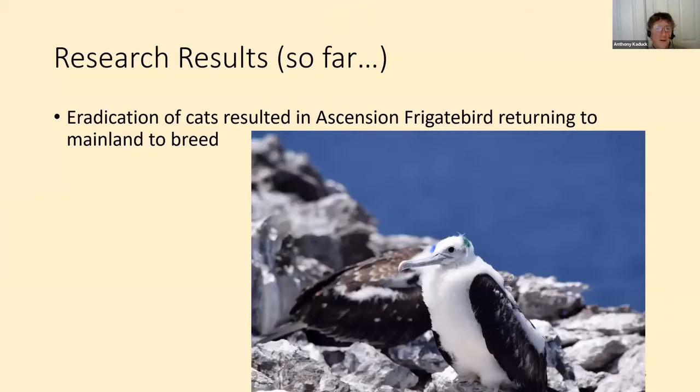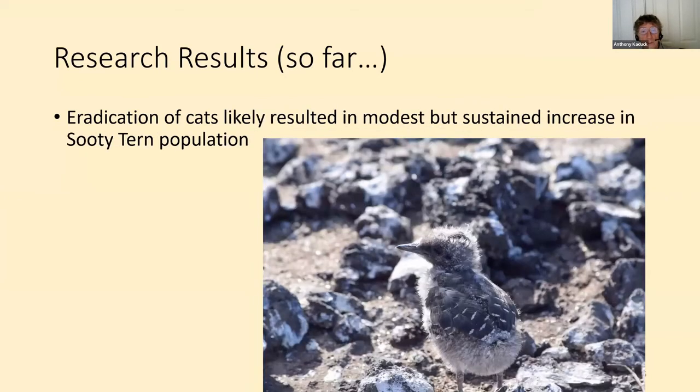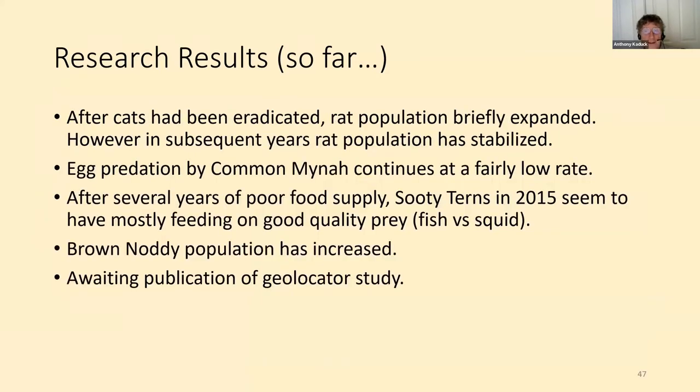So what is the result of all of this research? Well, so far, we've established that clearly the eradication of cats was the thing that allowed the Ascension frigate bird to return to the mainland to breed, and that's a good thing. It's also resulted in a modest but sustained increase in the sooty tern population. We found that after the cats were eradicated, the rat population briefly expanded, actually zoomed quite a bit, but then it's now stabilized at a level that it's not actually damaging the